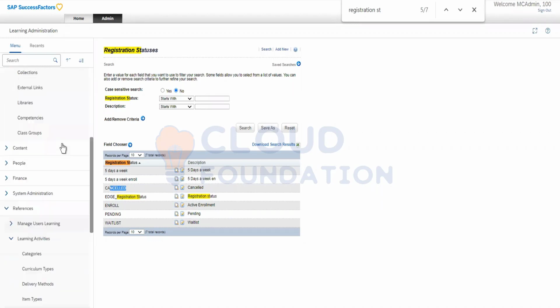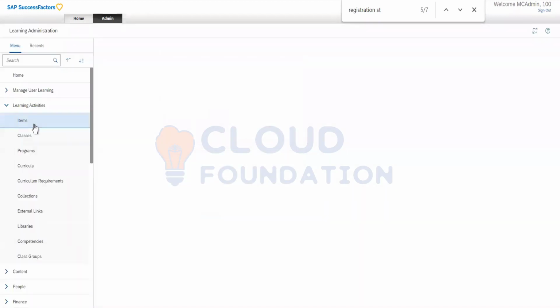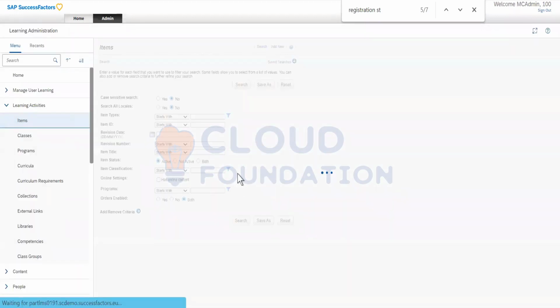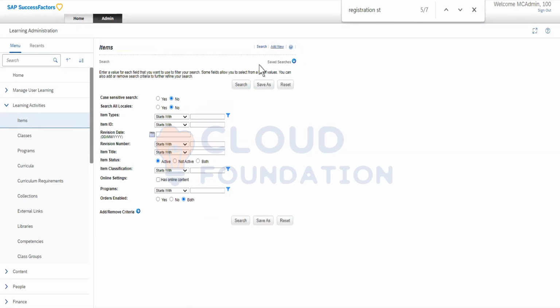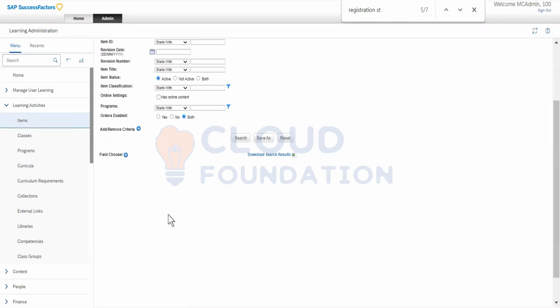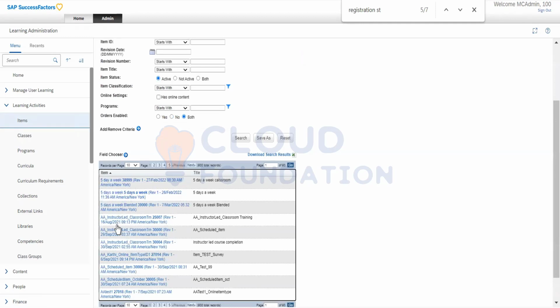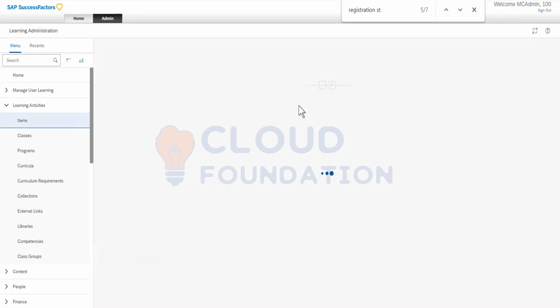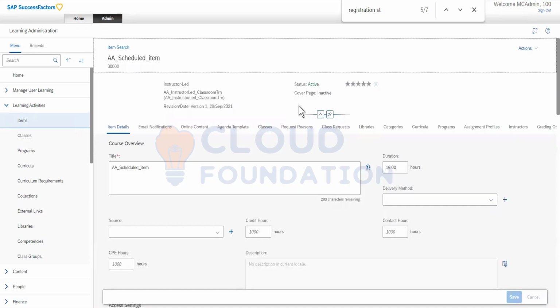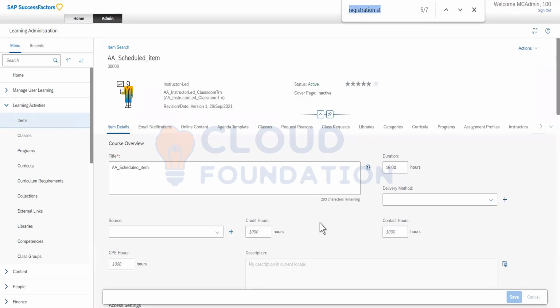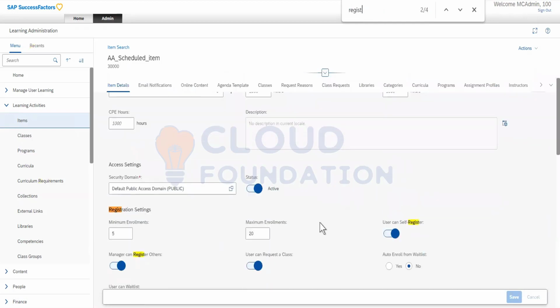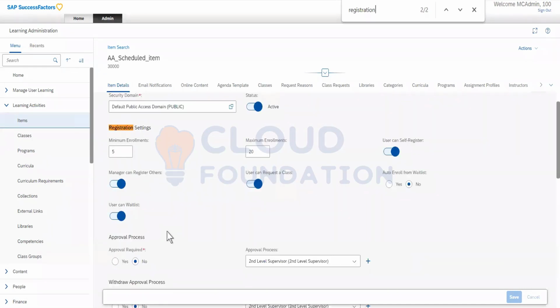So when you register, let me show you what all options you will see. Let me just open a new item for you. Status. Now this says that I have 5 minimum, 20 maximum, and self-register. When you go in the system and register yourself,